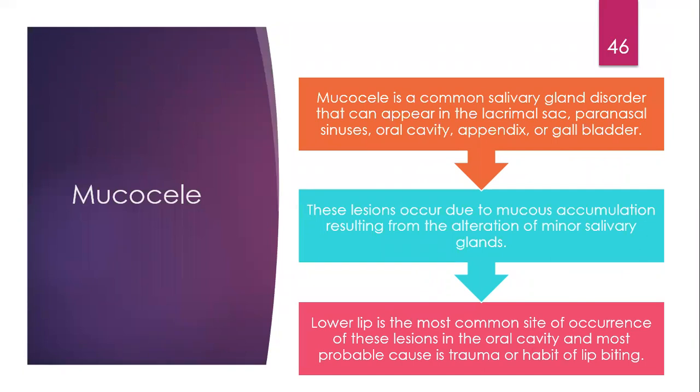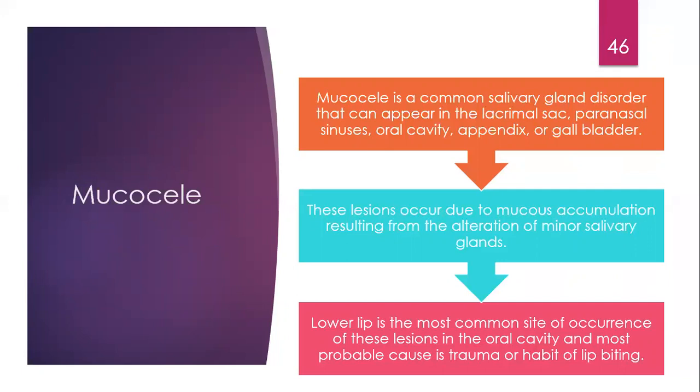It is a common salivary gland disorder that can appear in the lacrimal sac, perinasal sinus, oral cavity, appendix, or gallbladder. So it is not limited to the oral cavity. These lesions occur due to mucus accumulation resulting from the alteration of the minor salivary glands. That's an important thing to note. Lower lip is the most common site of occurrence of these lesions in the oral cavity, and most probable cause